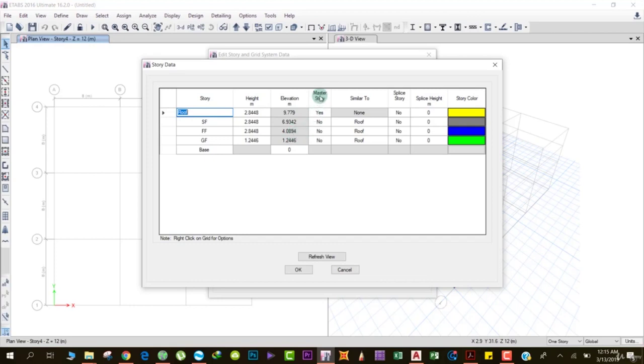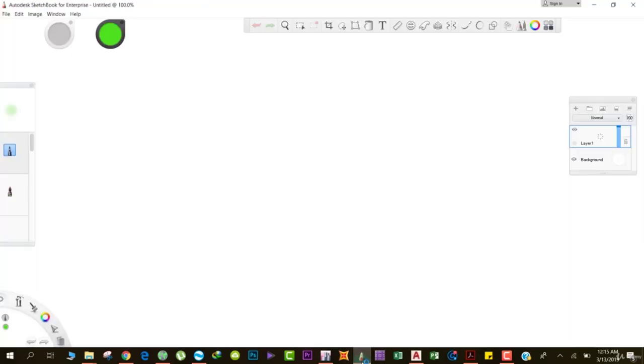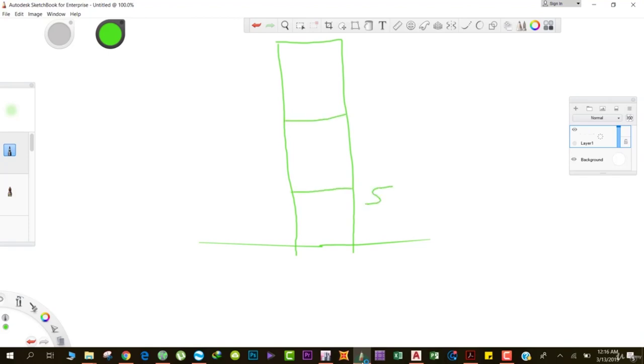And another column says master story. I'll explain this thing to you. So suppose that this is your ground, and this is your high-rise building, okay. So suppose that this is your 5th floor and this is your 10th floor, and let us assume that floors 5, 6, 7, 8, 9 and 10 all are similar to floor 5. Whatever is the configuration of floor 5, the same configuration is seen in other floors up to 10th floor. In that situation, you can just model the 5th floor as the master story,